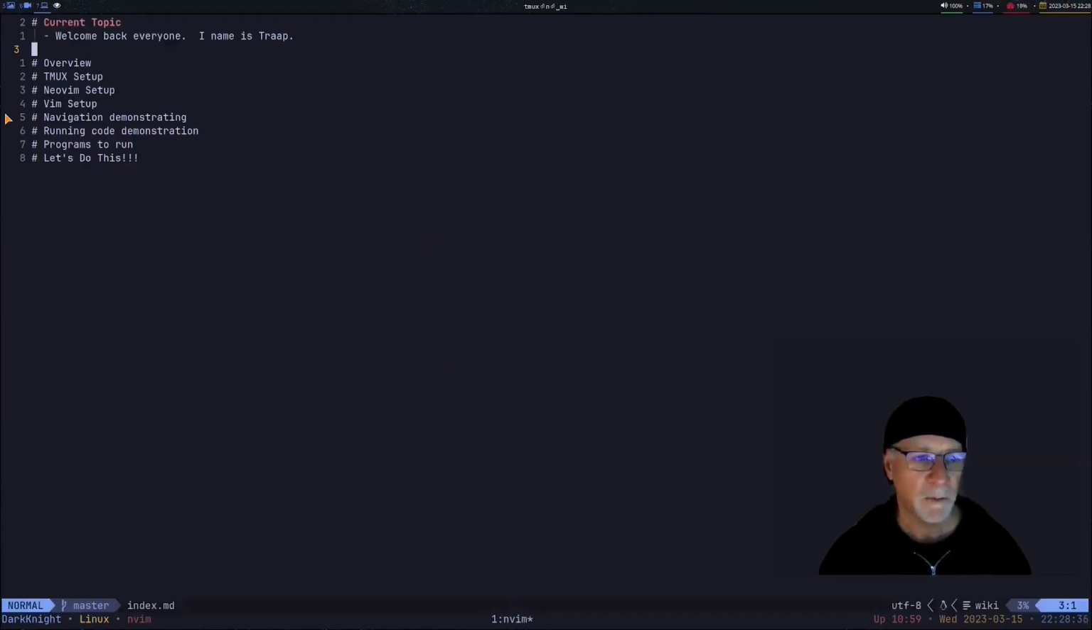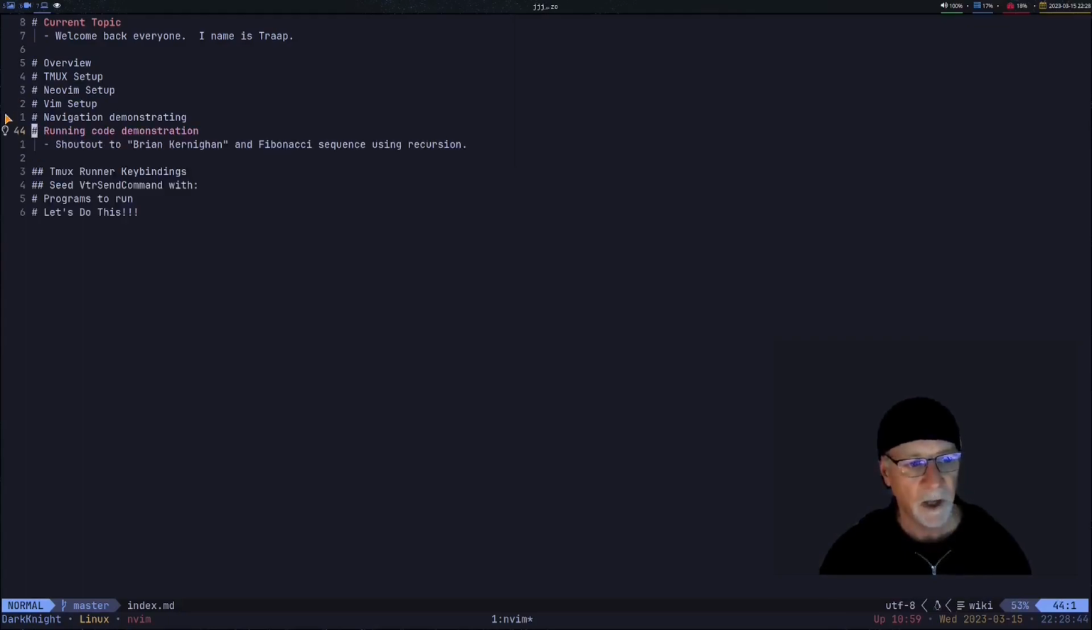This might be a surprise. I'm actually going to run code from my wiki page, but I'm going to explain why I'm doing it this way. So I've already done the navigation demonstration. The code that we're going to run is, I've got 11 different programming languages. No, we're not going to look at all of them, but I have 11 different programming languages that I've done this demonstration in. Each one of them is going to do a shout out to Brian Kernighan,